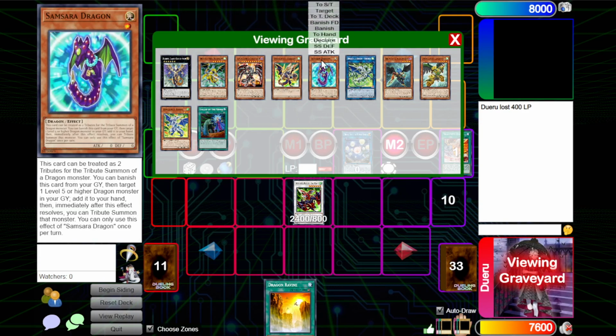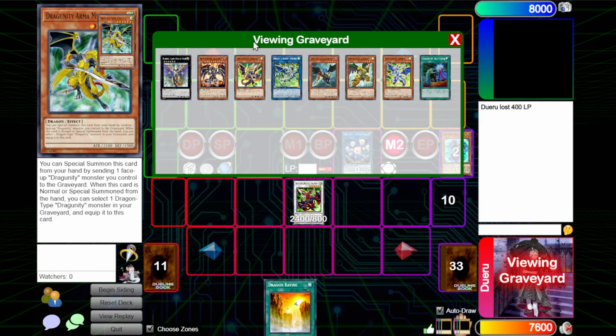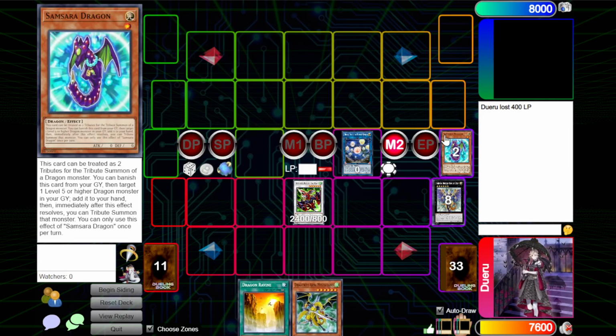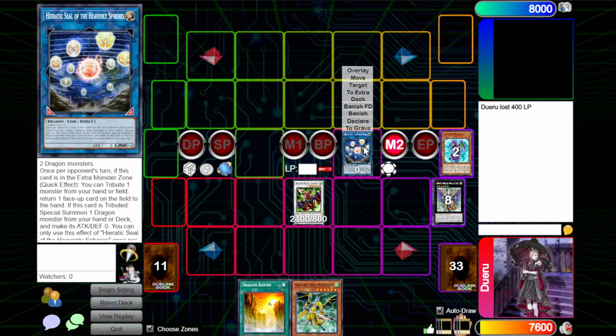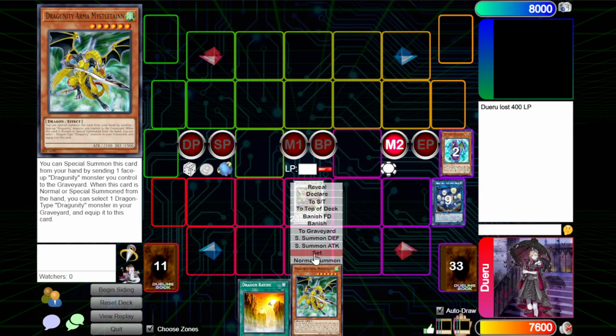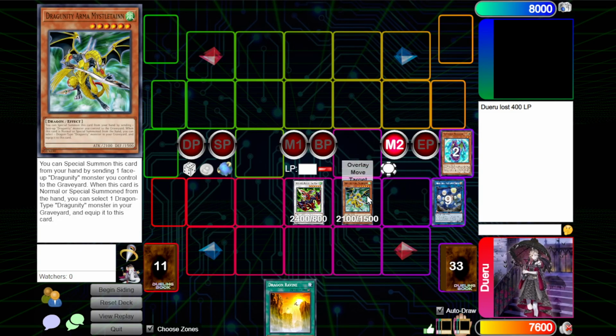First thing we do, activate Samsara Dragon by banishing itself and adding Mistletoe to our hand. Immediately after we add this to hand, with the same effect of Samsara, we're gonna tribute summon this dragon that we added over the seals. So we're gonna tribute the seals in order to tribute summon Mistletoe. All of this is due to the effect of Samsara Dragon. Now that we tribute summoned